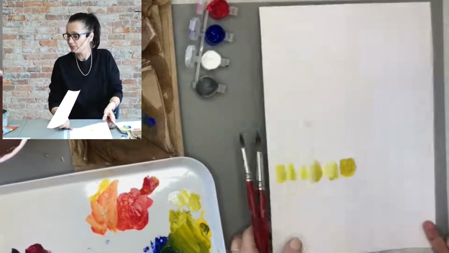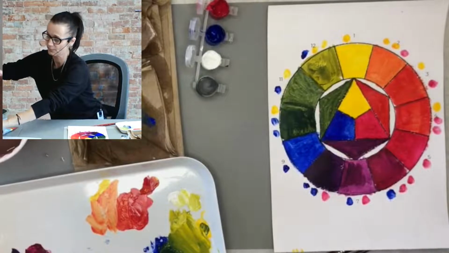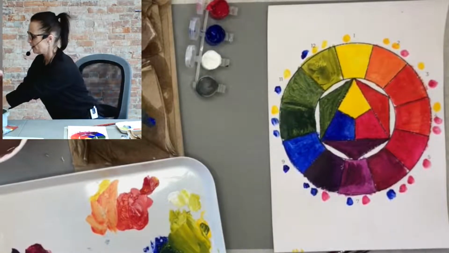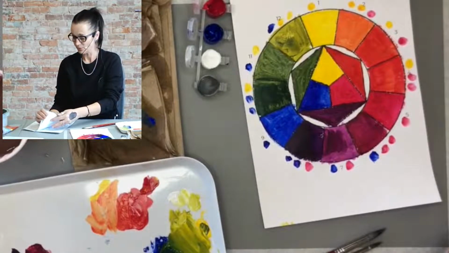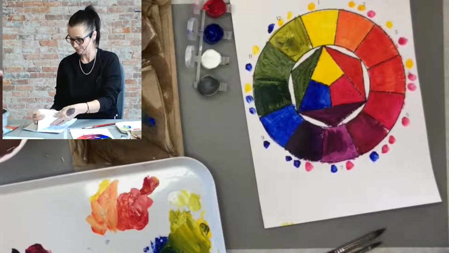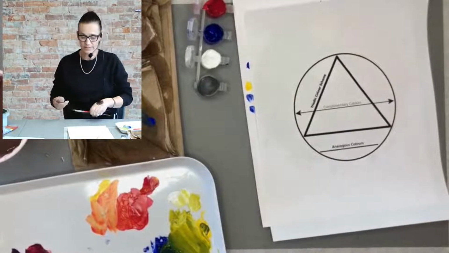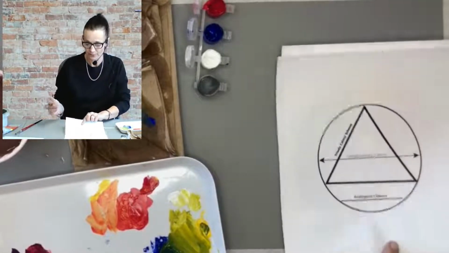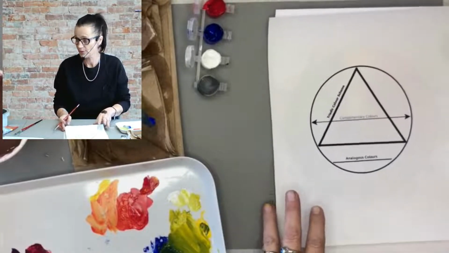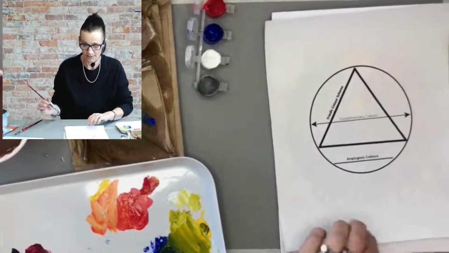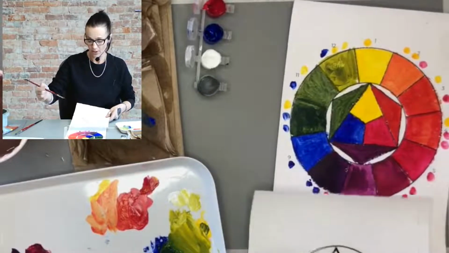Now it pays for us to know, if you've printed out your sheet or that book, there will be, and I'm going to find it right here on my sheets, a really handy dandy little thing that looks like this. And this helps you understand color relationships. And the moment you understand color relationships, you can stop making horrible greens and horrible blues and horrible everything. Because colors that are